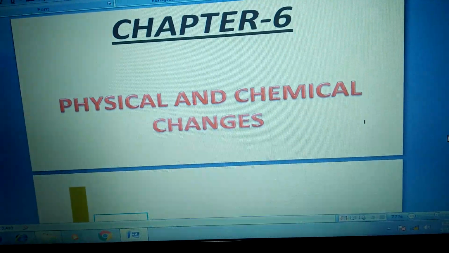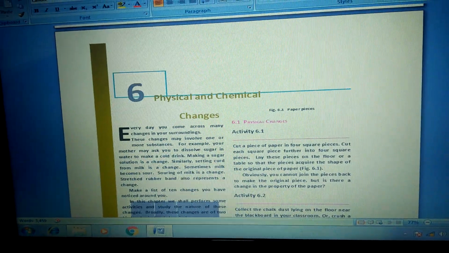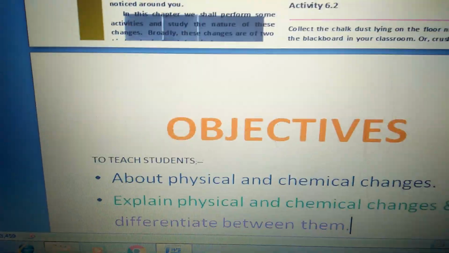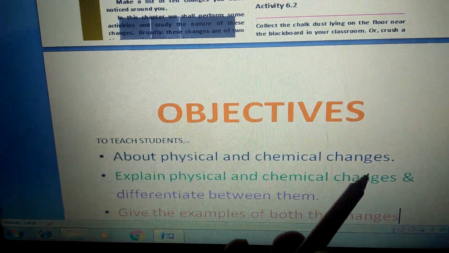Hello students, we are going to learn chapter 6 today, that is physical and chemical changes. The main objective of this lesson is to read about physical and chemical changes,